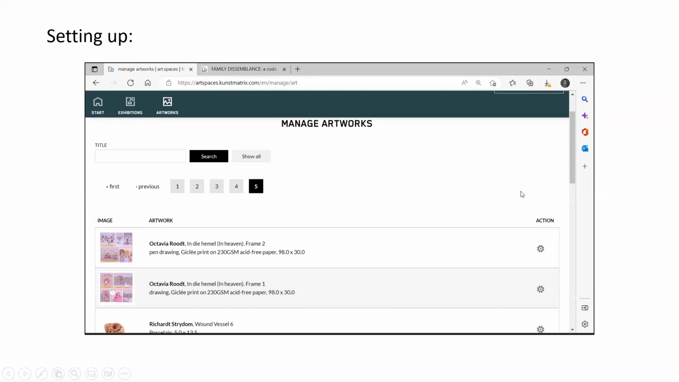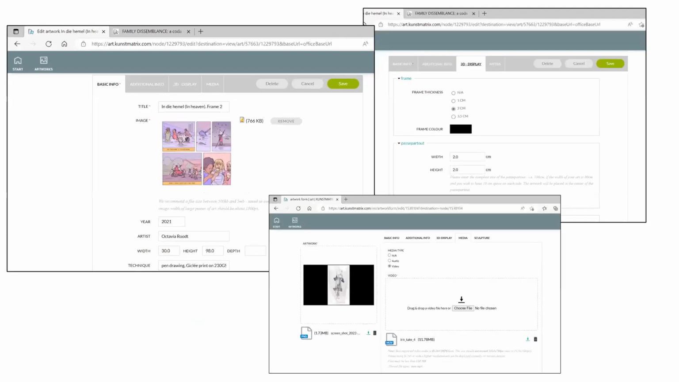So you first have to create your list or your catalog of artworks with all of the necessary information before you can start building your exhibition in a selected space. So here's an example of my list of artworks. You enter all your information, like the title, the date it was created, the size, which is important because it scales the work according to the size you provide when you place the works inside the